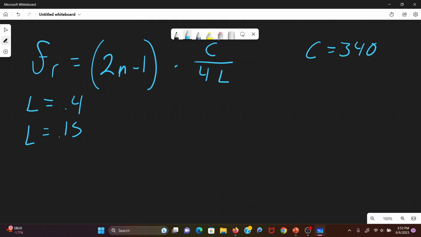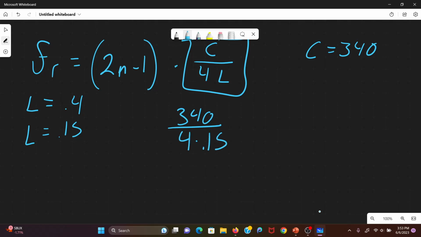Okay, if the length is 0.5, what I'm going to solve for first is this portion right here. So we're going to have 340 over 4 times 0.15. That equals 340 over... Once again, I didn't show myself enough work when I was making the answer key. But 4 times 0.15 is 0.6. So 340 over 0.6. 340 divided by 0.6